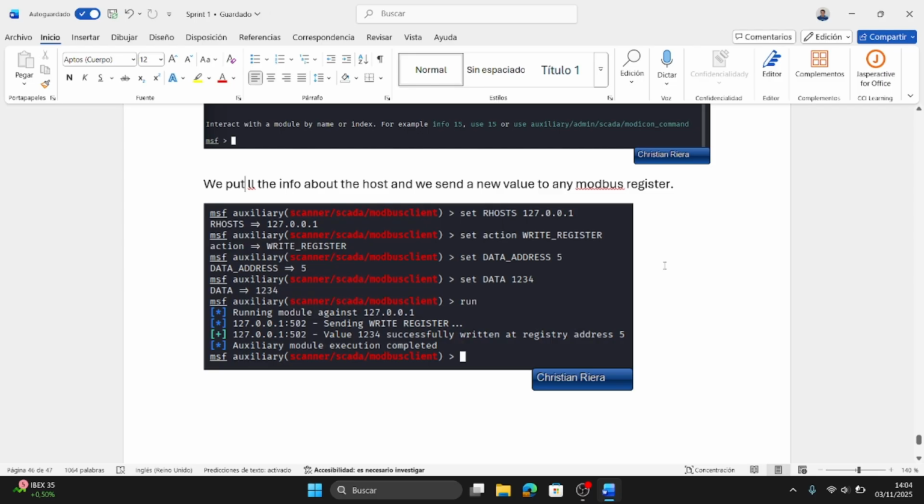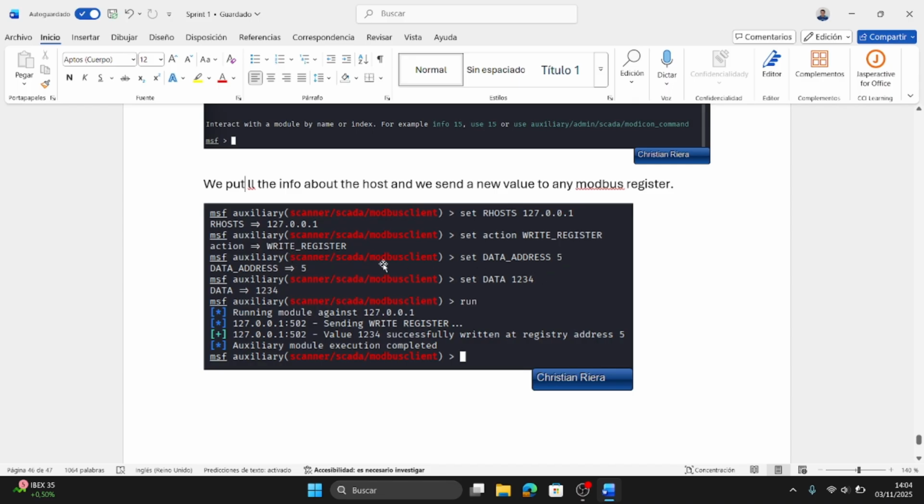But now we are going to put in the information of the Modbus host, which is this. We're going to set the action to write register.